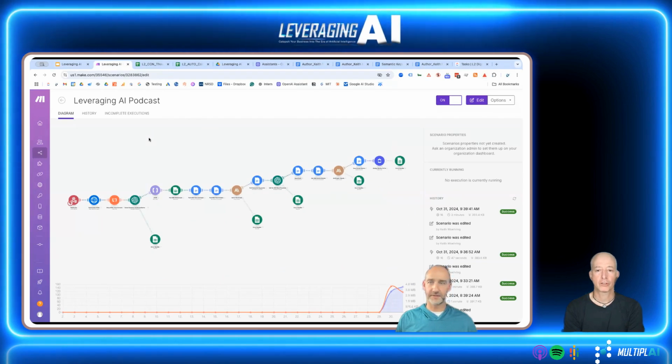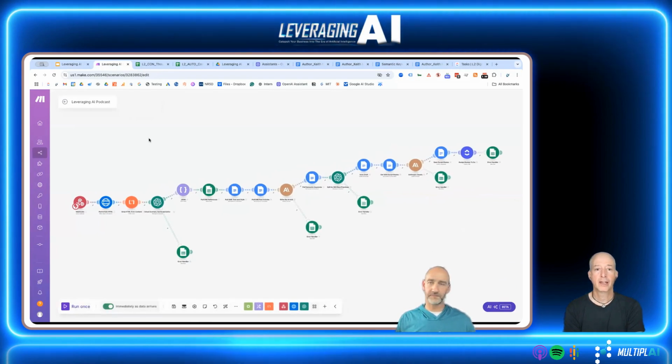But since you're not watching it on the screen, and if you've never used Make before, the way it looks is every one of those steps looks like a little circle, and you start. In theory, you can make it move in any direction because you can move the stuff around, but the common way it shows up is it starts on the left and moves to the right, and you can have those intersections where now you can do ifs and have a fork in the road and go in one direction versus the other direction depending on what's happening. So think about a flow of little circle milestones. Each and every one of them is a step with a different tool, and then the progress moves to the right. And now Keith will describe to you what each and every one of those steps and what the process overall does. Yep.